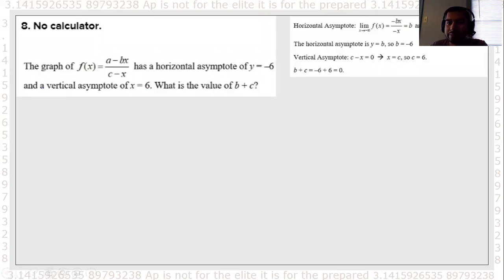This one right here, it's not that bad either, but it does take you a little bit of time to think. So it says horizontal asymptotes. It has a horizontal asymptote here and a vertical asymptote here. So what I told my pre-calc kids, and hopefully you guys remember it from last year,